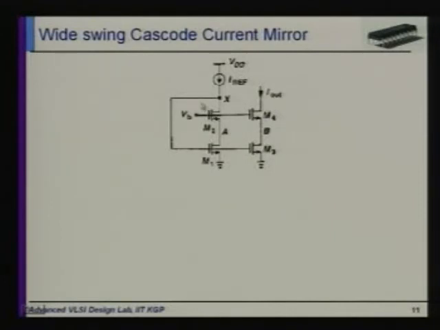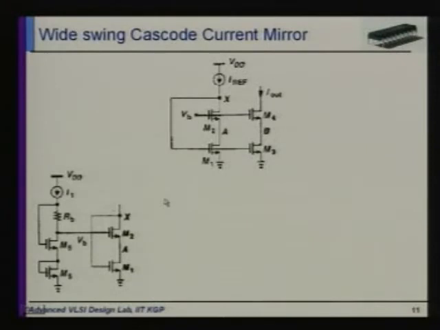Now the main problem with this is how we can get this VB in the circuit. There will be a voltage reference, a current reference, etc., but the voltage reference output voltage is constant, and the current reference output current is constant. That voltage may not be equal to VB, so we have to generate VB. There are 3 different methods by which we can generate VB. The first one is this. We just look at this portion here.